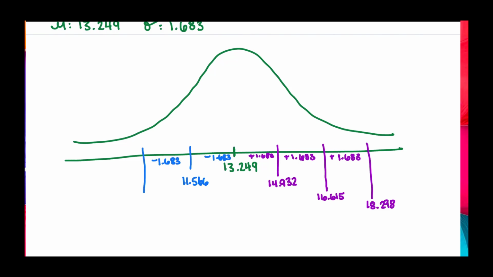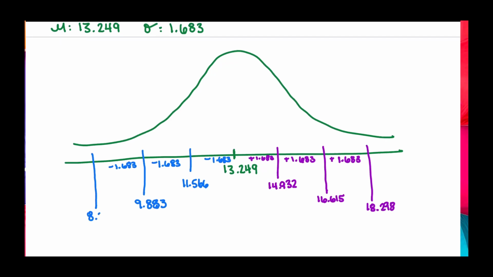And I'm going to get 8.83. And then I'm going to subtract it one more time. The reason we're subtracting 1.683 is because 1.683 is the standard deviation. And it looks like the last time we subtract, we get 8.2. All right, and so then what I do is, you can